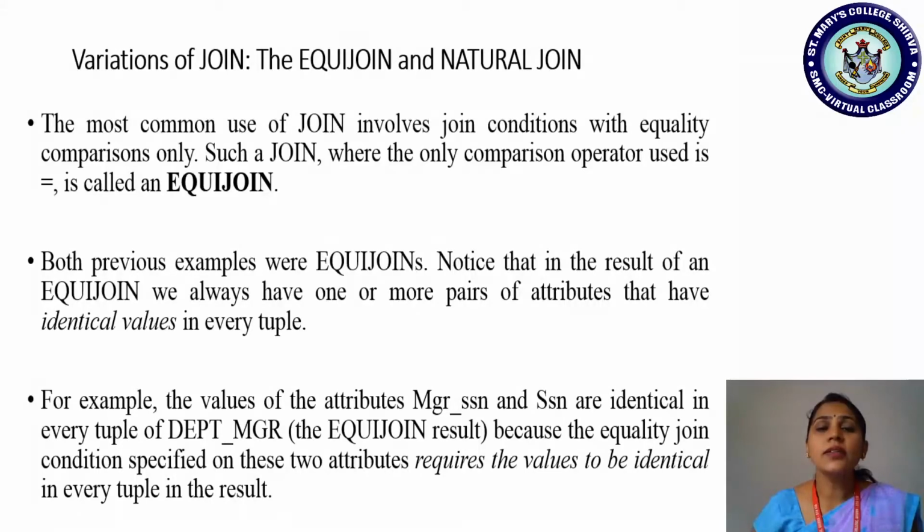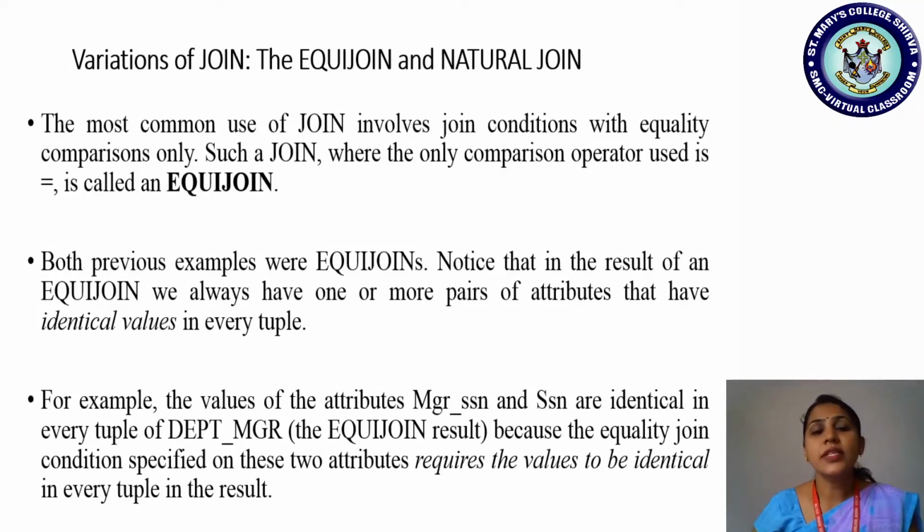So when we are using the join condition, and in the join condition we come across only the equality comparison operator, then it is referred to as what? Equi-join. For example, in the employee relation, the SSN attribute should be equal to what? The ESSN attribute that is present in the project relation or dependent relation. Are you all understanding? So the SSN attribute present in the employee relation should be equal to the ESSN attribute present in the dependent relation.